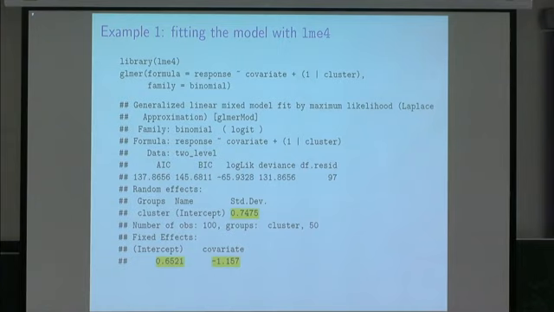If I was an applied researcher and I looked at these numbers, I'd probably just say these are the maximum likelihood estimates. But if I look a little bit more carefully at what the output says, up here somewhere it says these are found by using a Laplace approximation. So what they are, they're the estimates maximizing a Laplace approximation to the likelihood. And just from looking at this, I don't have much idea about whether these are going to be close to or far away from the actual maximum likelihood estimates, and whether the inference that I get out using the Laplace approximation is actually going to have good statistical properties. Okay, so that's my first example.